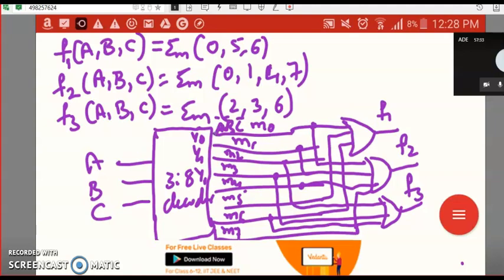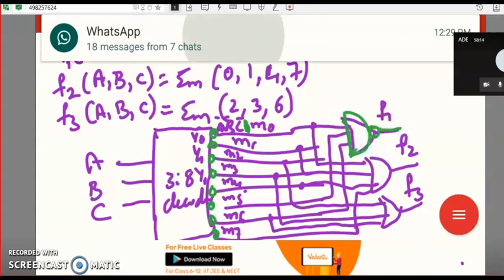What if these are bubbled outputs? What will happen? Whatever our expected output will be reversed now. If 0, then I'll be getting 1 here. If it is 1, then I'll be getting 0 here. That is how our output works. Since the inputs are reversed, what gate can be used? If you attended the class from the beginning, do you remember that a bubbled NAND is equal to an OR? So this can be replaced with a NAND gate.